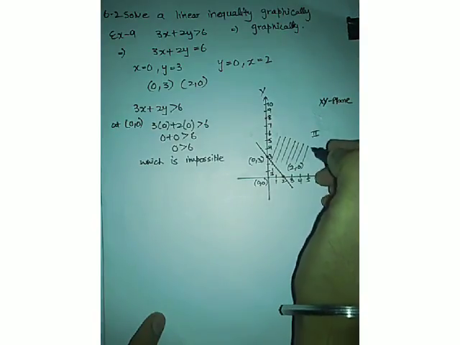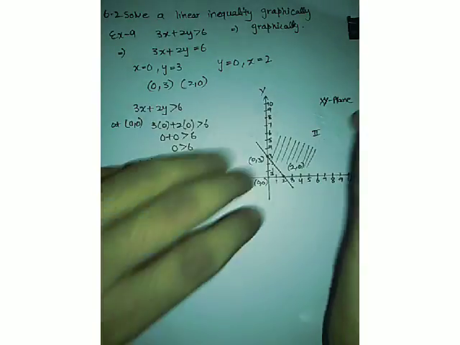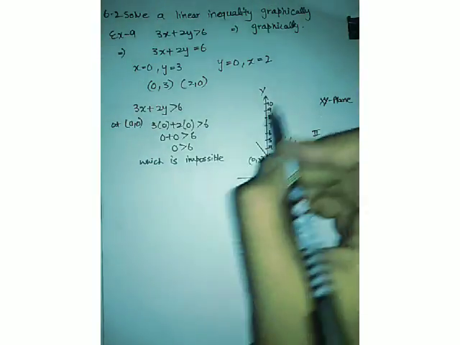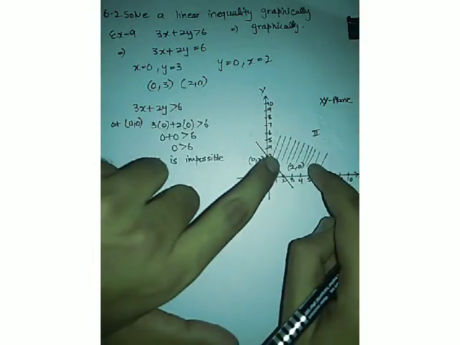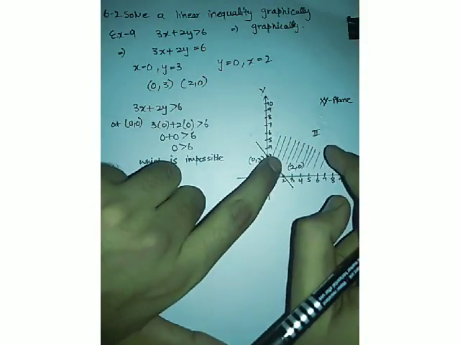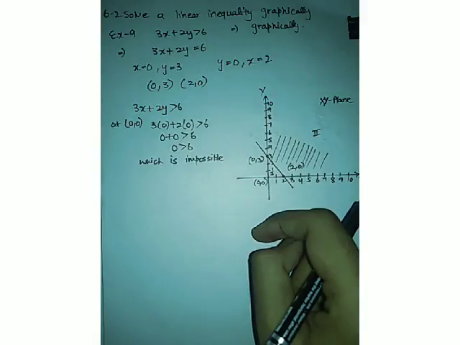Now shade it well with the pencil. Okay, so you can shade it till here only. So don't shade the negative x plane, the negative y plane, or the negative x negative y plane, just shade the xy plane only. This is how you have to shade the region, and once the region is shaded, the graph of the linear inequality is plotted. This is how we do sums like this.